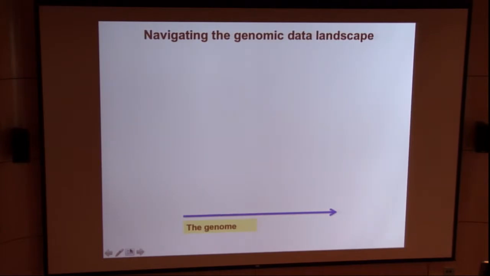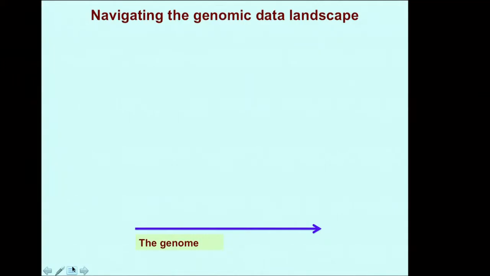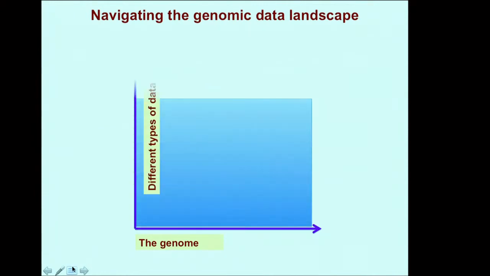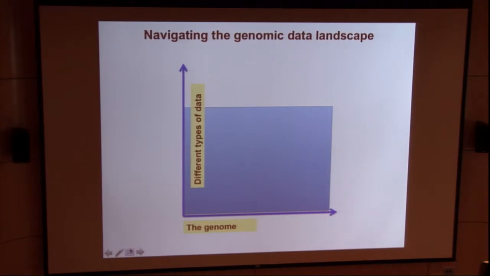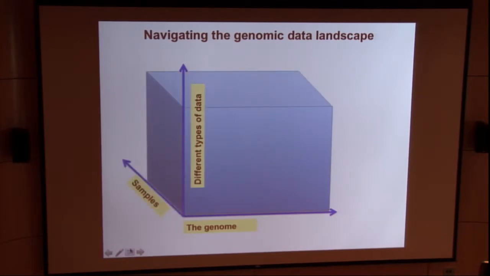So we know, to navigate the genomic landscape, we have a linear genome here, and we can start laying data on top of the genome. And then this list has been expanding just exponentially. And not only that, we just heard about epigenetics, right? So the same genome can encode multiple phenotypes. So this really starts to grow to a scale that a screen of the computer would not be able to expand.